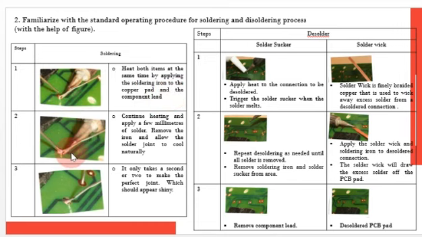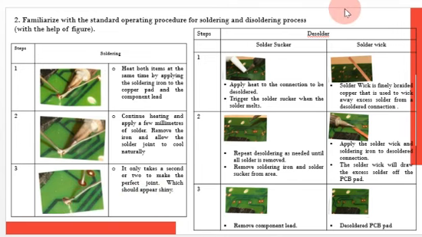Step 2 is to continue heating and apply a few millimeters of solder. Remove the iron and allow the solder joint to cool naturally. It only takes a second or two to make the perfect joint, which should appear